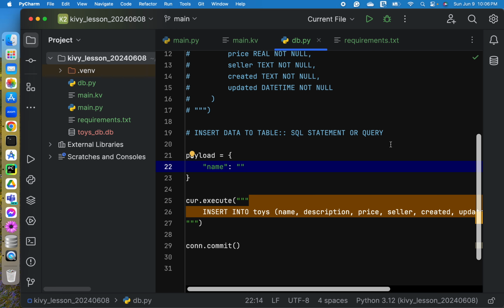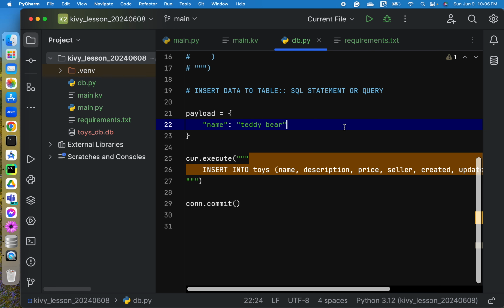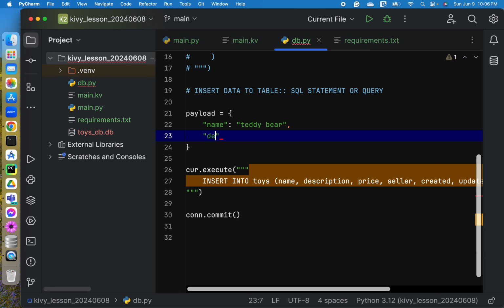So let's say the name of the toy is teddy bear, and then description. So let's put here, so this is my favorite toy, but I want to sell it now.